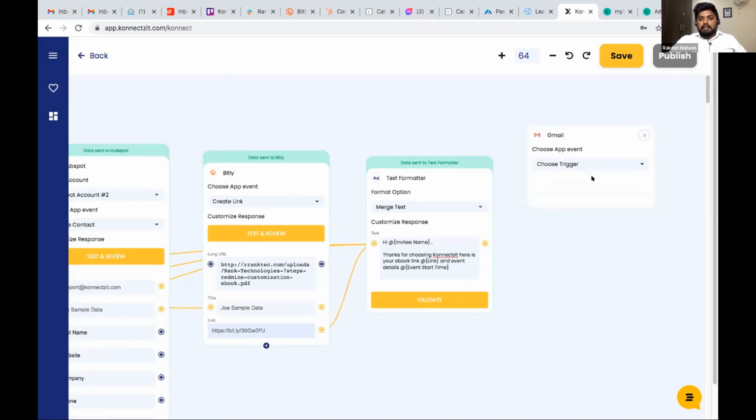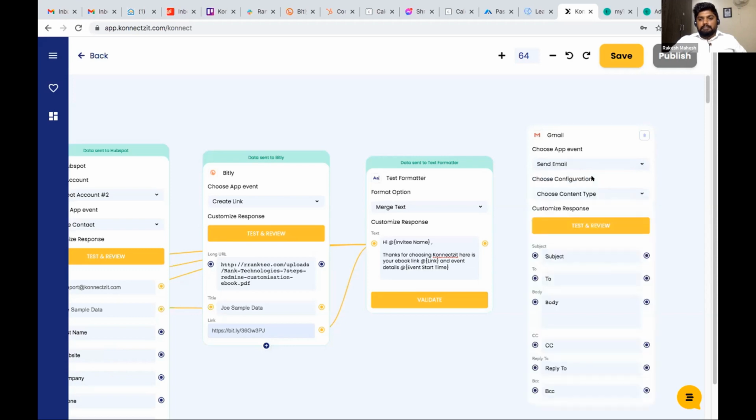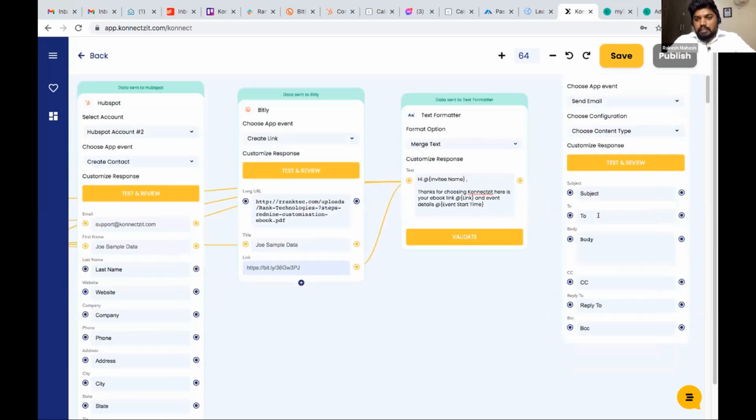I'm selecting the action as send email. We can have a customized subject, and we will select the user.